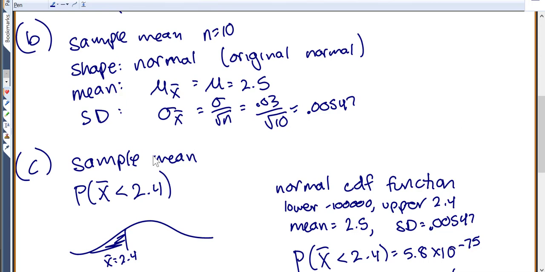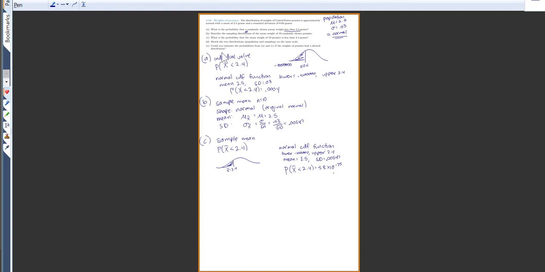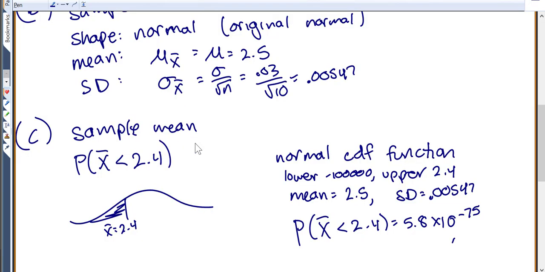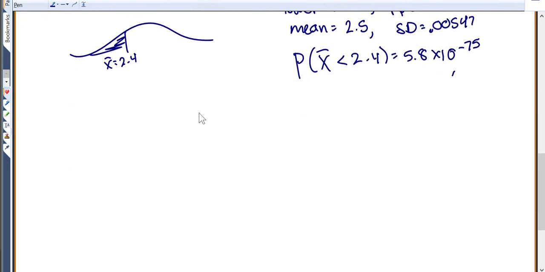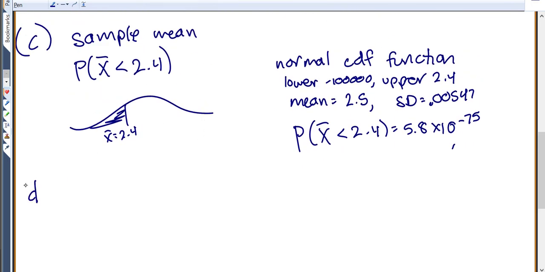So you might be asking yourself, why is this so different? Why do we get such a different answer between A and C? So you'll notice up here in part A, the probability that just one person was less than 2.4 is 0.004. But the probability that our average of 10 people is less than 2.4 is all the way down to basically 0. So what is so different about this? This is our whole point between what's different between individual values and sample means. So it doesn't say to do part D, but I'm going to go ahead and show you this